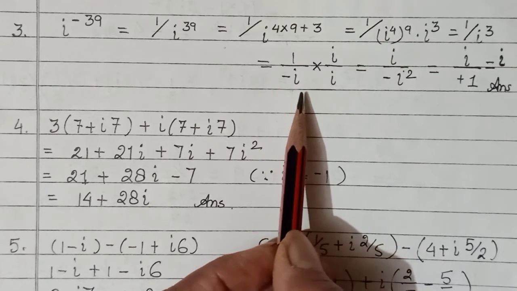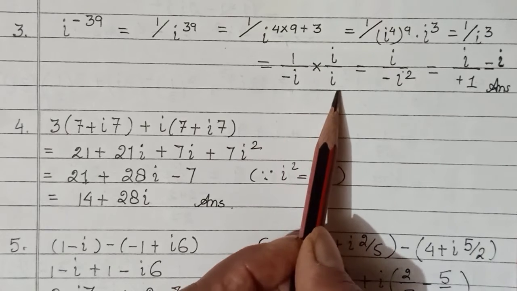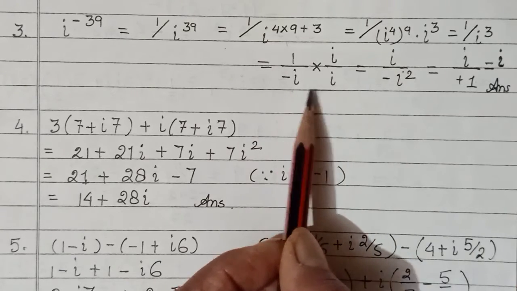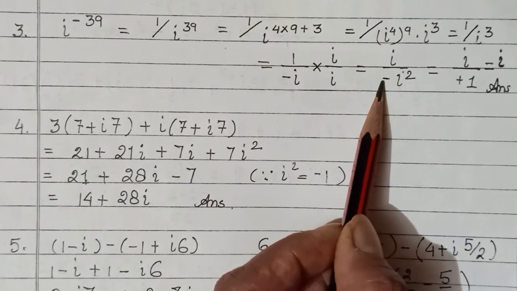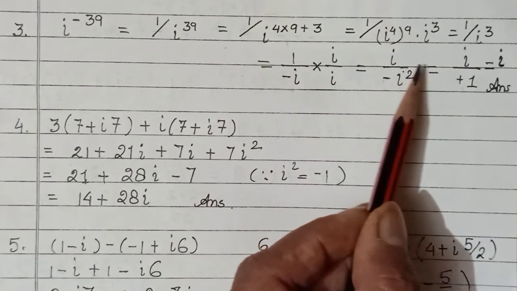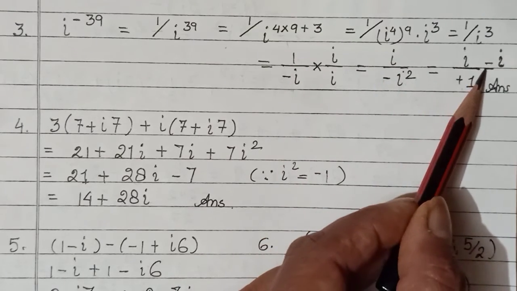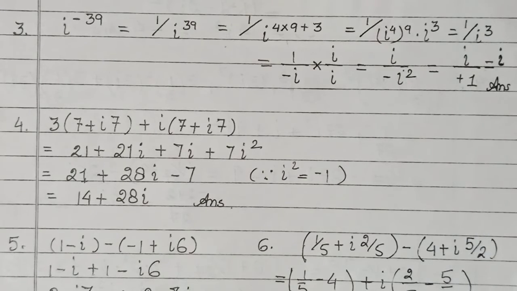अभी हम i denominator में नहीं छोड़ते हैं, standard form लाना है हमें. So for that we'll multiply it by i, so that i into i becomes i square, which becomes minus 1. Minus 1 into minus 1 will make it plus 1 here. And then 1 into i, in the numerator you have i now. So the simplified value of this would be only iota.